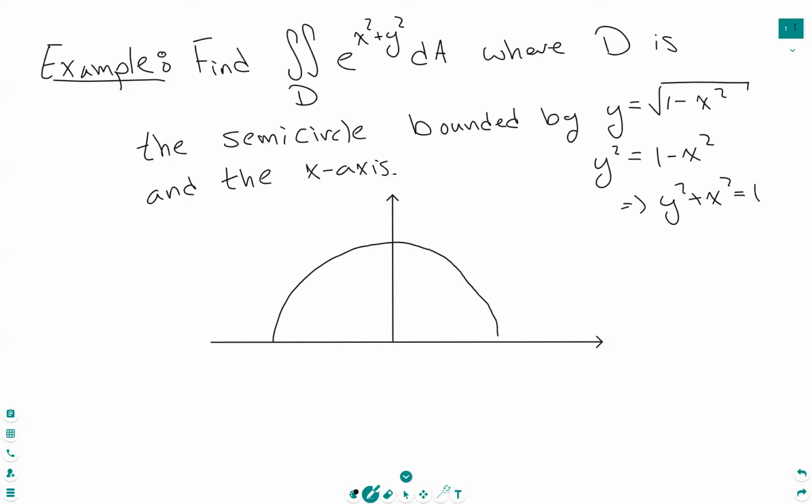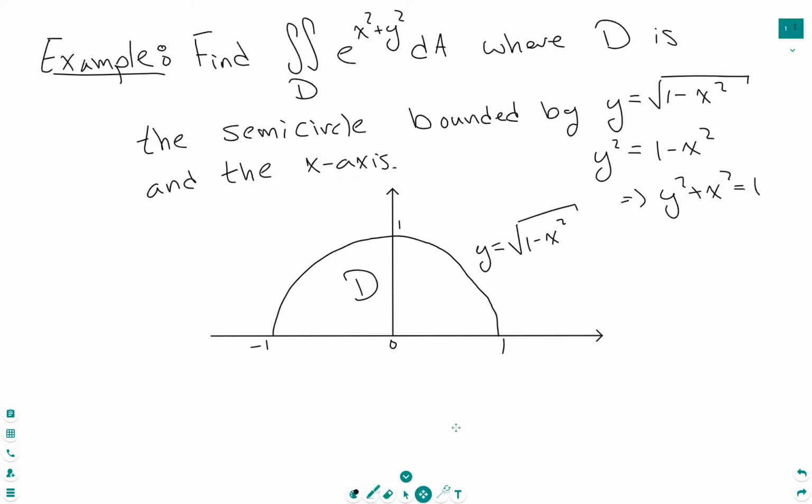So something like maybe like that. And then we're also bounded by the x-axis. So we have our region D here. Because it's of radius 1, I know this goes from -1 to 1, as well as from 0 to 1 here. And we can write this as y is equal to the square root of 1 minus x squared. Okay, so obviously this is the polar section, so we're going to do this in polar coordinates, but it's more